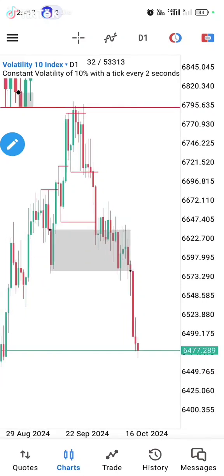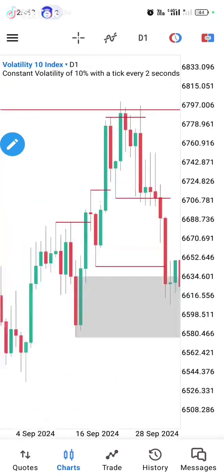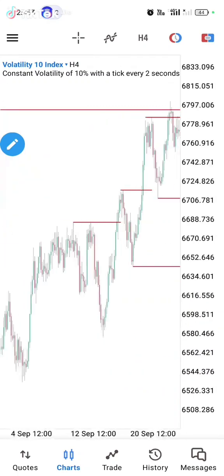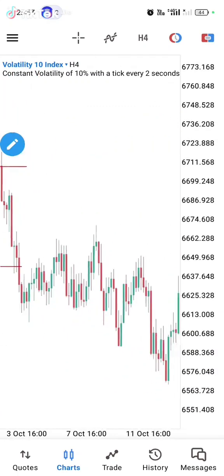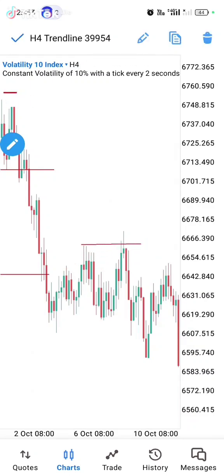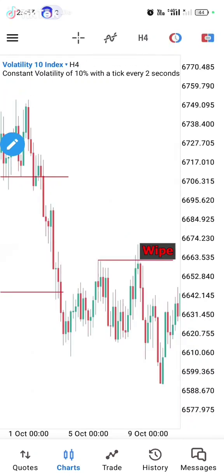You can see price did not just penetrate or pass straight through it. It reacted a bit up. It sort of gave us some buy opportunity inside of it. So let's focus right there. Now right there you can see after price reacted, it gave us a stop hunt or a wipe. Now price did not